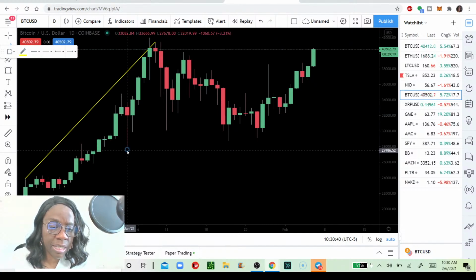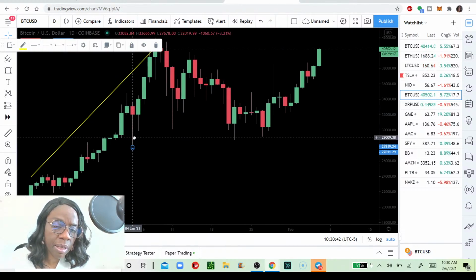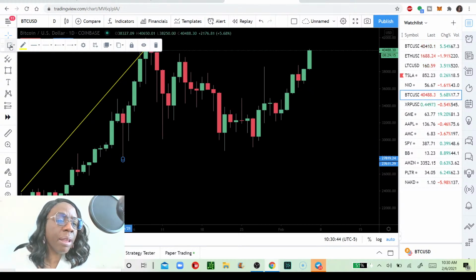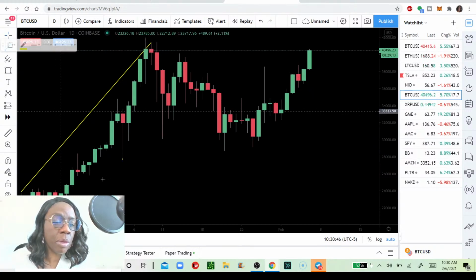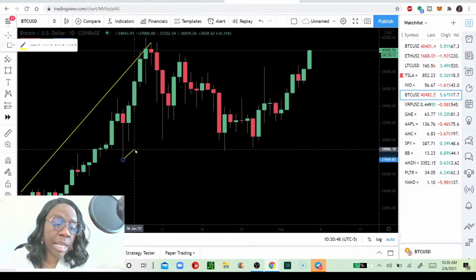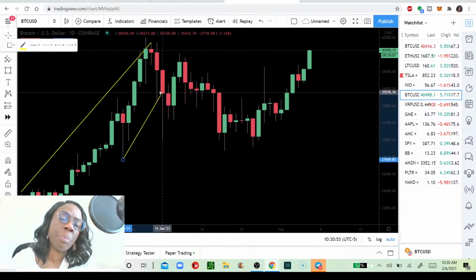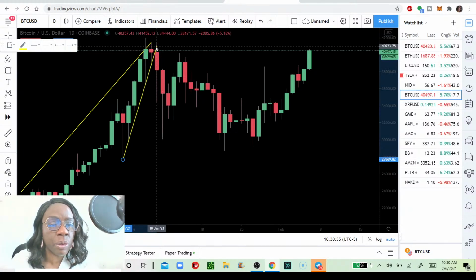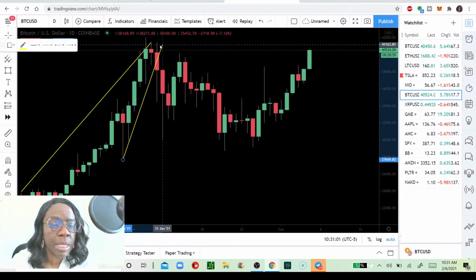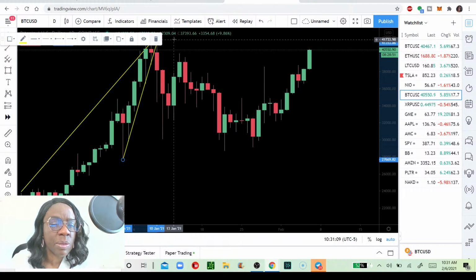I feel like an artist drawing a landscape sometimes when I'm plotting my trend lines, because you're trying to figure out what's the best angle in which to draw it. Okay, so I think I've hit 3 wicks. Sometimes I will draw from the wicks, sometimes I will draw from the body, just depends. So if I take that this way, if you look at that,